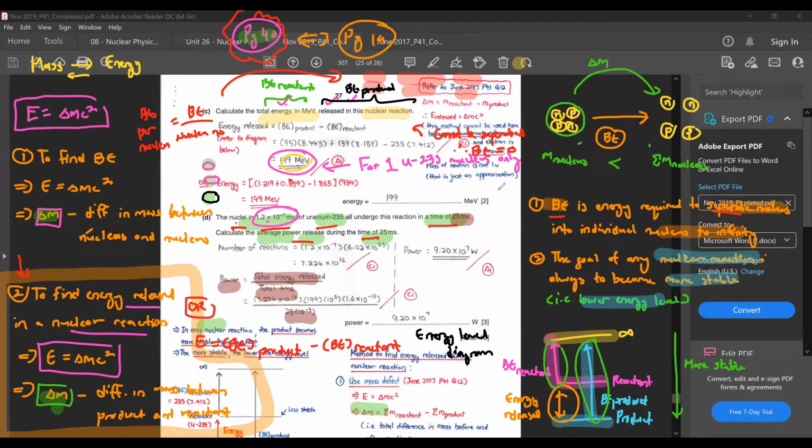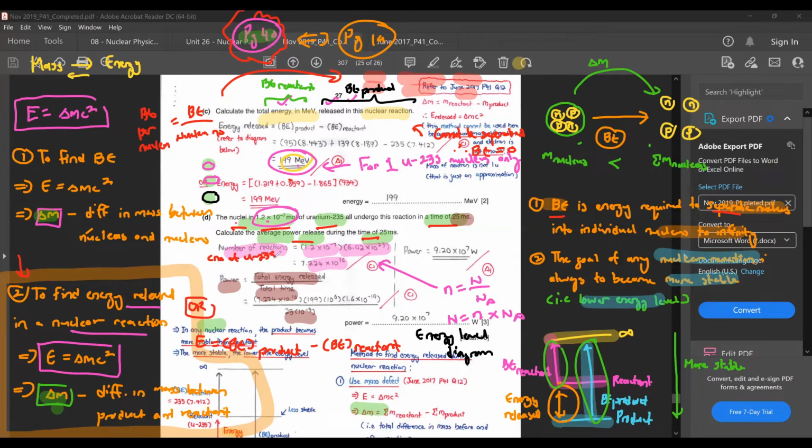Okay, so that's why here, to find the number of reactions in 25 milliseconds, I took the number of moles and multiplied it with the Avogadro constant. I think this is worded another way: number of nuclei is your number of moles times your Avogadro constant. You can think of number of reactions here as finding the number of